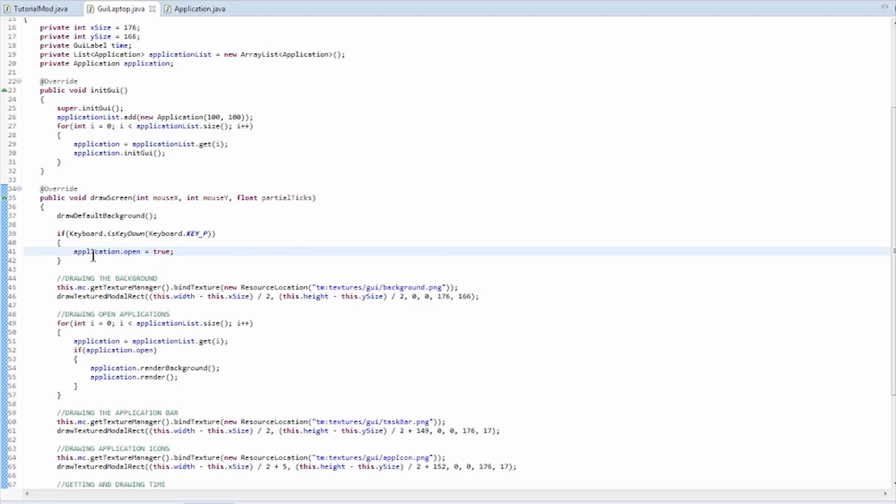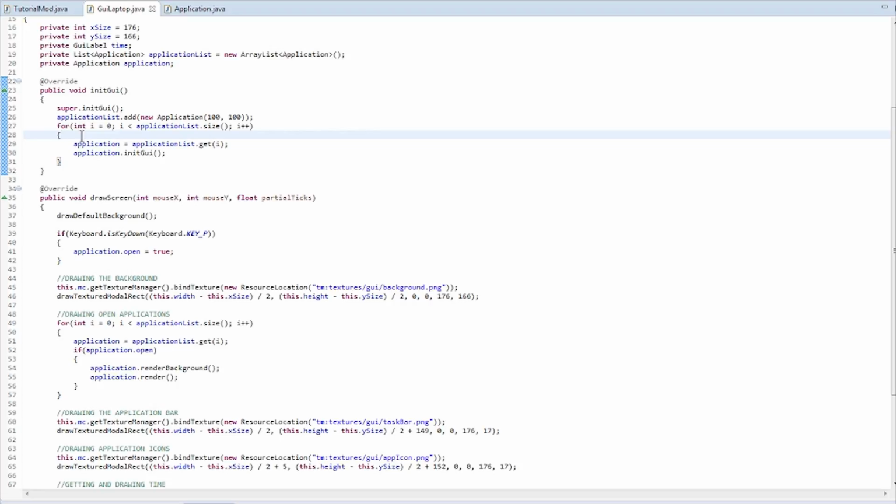Actually, maybe we should. Because the way that I would go about this is to get the application. You could loop through the application list and just set them all to open, but then you're opening them all at once. The way you want to do it is do the one that you're clicking on. Actually, for this one,